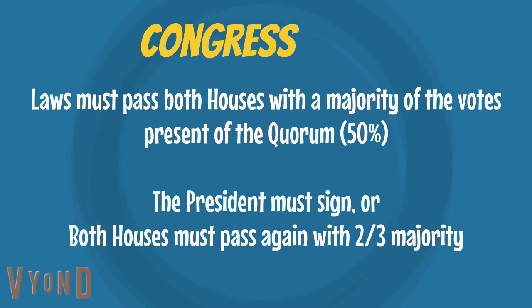For a bill to then become law, the president has to sign it. If the president refuses to sign it, which is called a veto, it goes back to both houses. The president has to explain why they vetoed it, and then if both houses repass it again with a 2/3 majority, it becomes law over the president's objection. Again, checks and balances. So Congress has to get the president to agree, or an overwhelming majority of Congress then has to override the president if he doesn't agree.